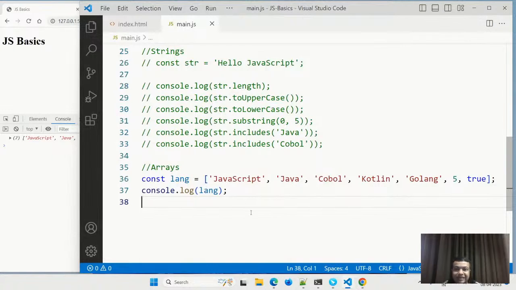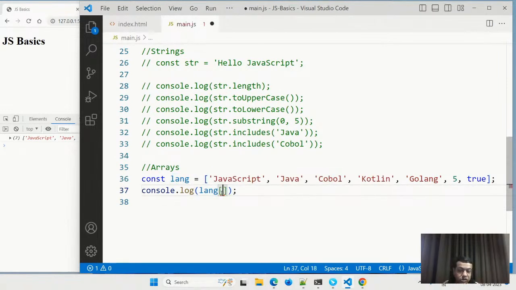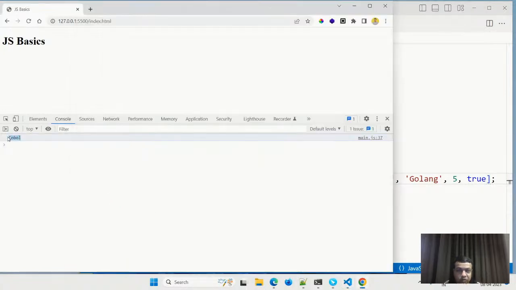Now if I want to access some element of an array, how do I access an element of an array, which is very important. So here I'll use this bracket notation, and suppose I want to access the L. I'll not give 3, I'll give 2, because arrays, also like a string, start with 0. This is 0, this is 1, this is 2. So it will print L.